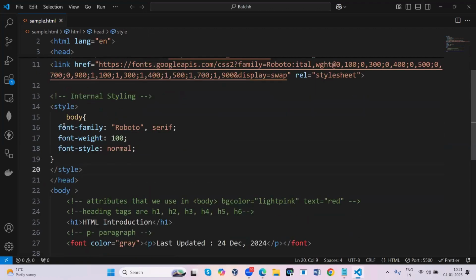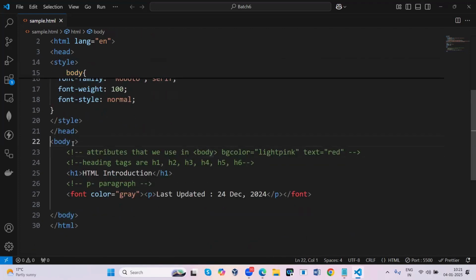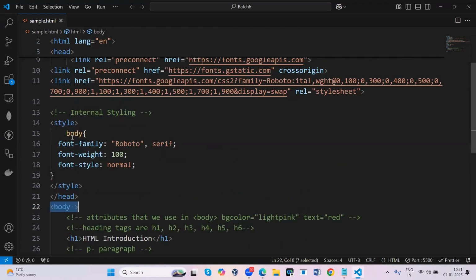Why we specify the body here is that this is called a selector. It defines which part you need to apply these styles to; I need to apply them to the complete body. So I used this HTML tag as a selector.